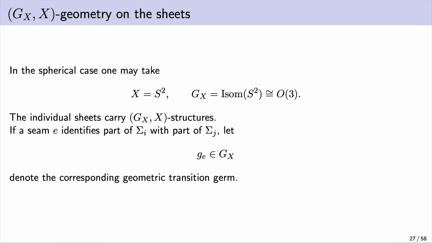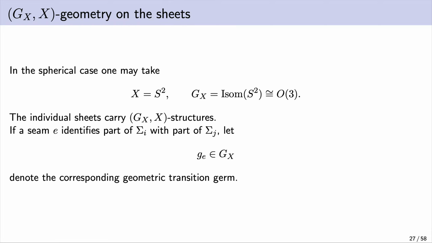So we're going to look at these GX structures on the sheets now. In the spherical case, we can just take X to be S2 and GX to be the symmetry group of S2, which is O3, isomorphic to O3. So the individual sheets are going to carry these GX structures, and when we have a seam E, which identifies part of E sub I, or sigma sub I,